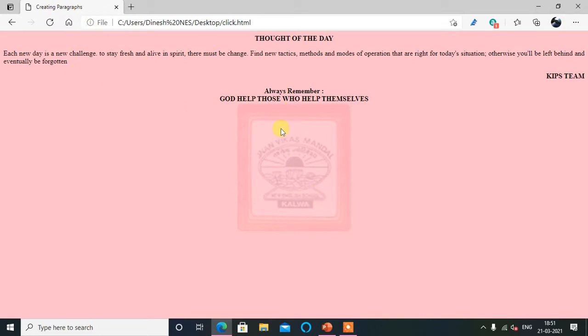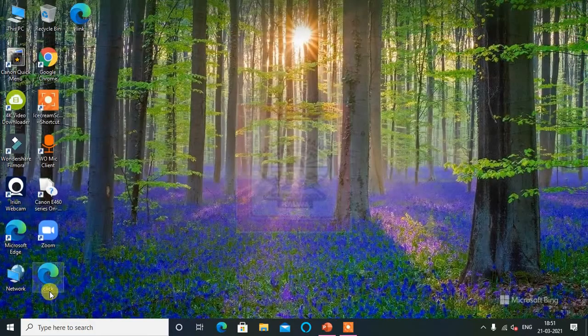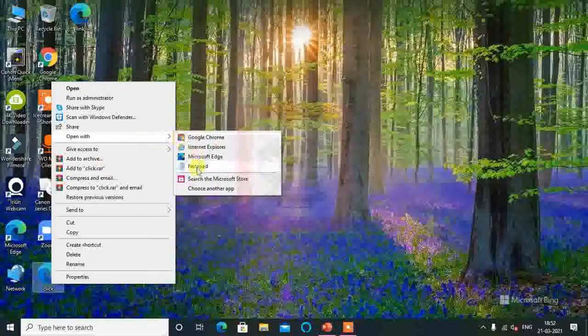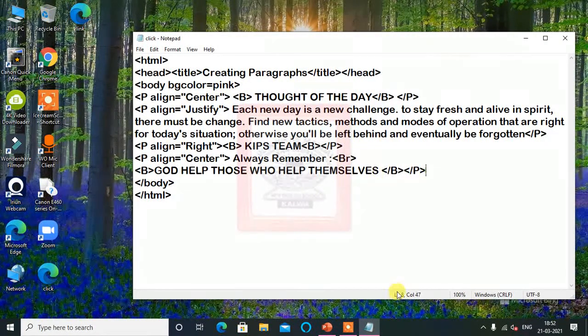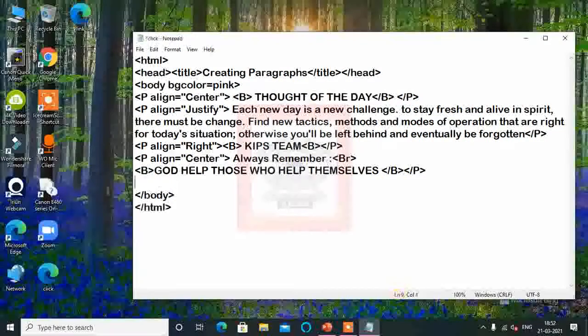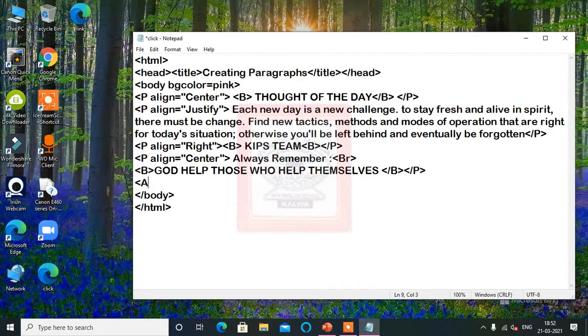Now from this web page we can also go back to our main web page from this click.html. For that we have to add one more HTML tag here, and you can just use the a tag, and we will use href. For that I will use the br tag, so it should come down, a href, you can use it in capitals. Now the other file name is link.html, remember.